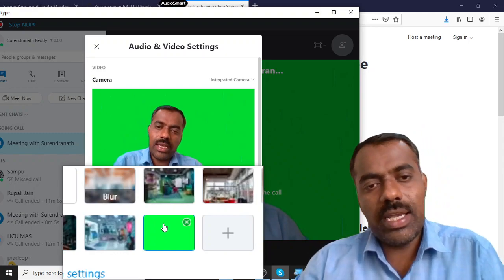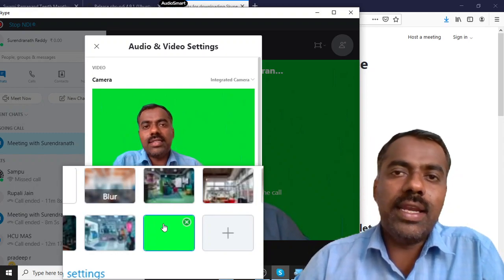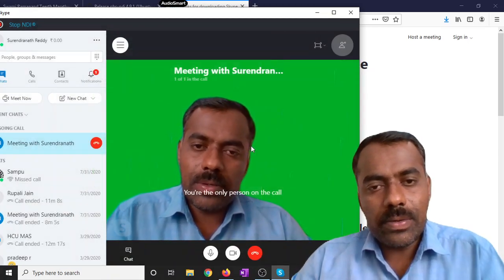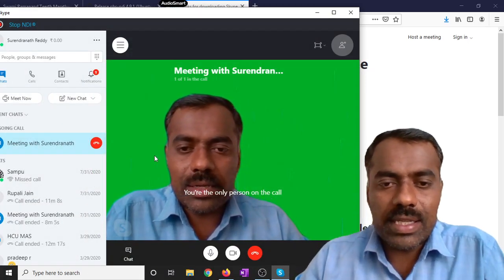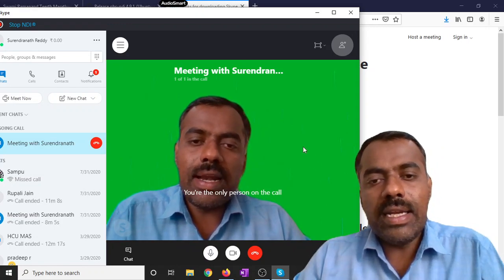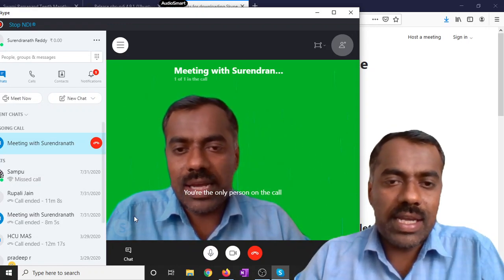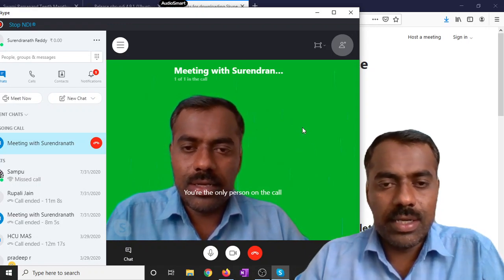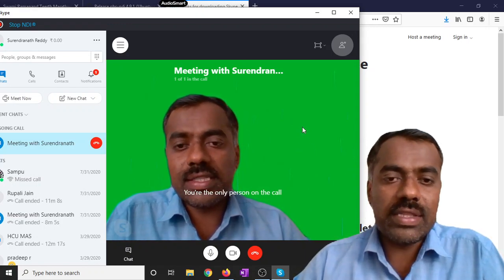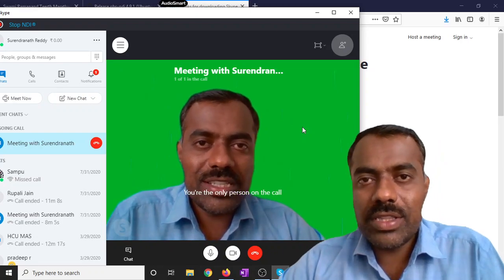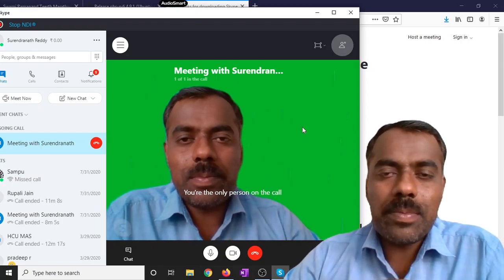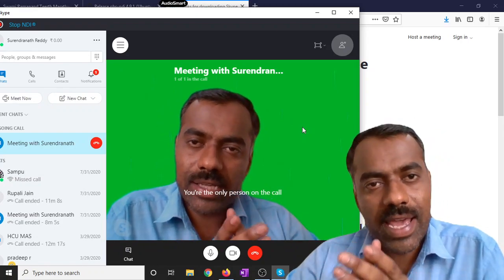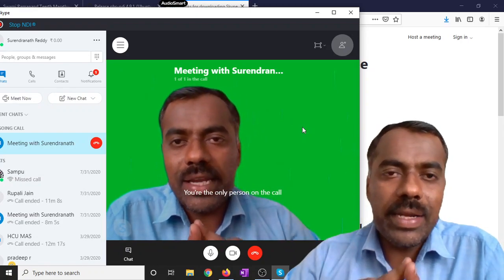Instead of using a green cloth, we are using a green screen. So once we are done with this, instead of a green cloth or any other thing, you will have a green screen as your background. That's all we have to do with Skype. So what do we have to do with Skype? Download Skype, log in, then go to settings, enable NDI, then start the meeting.